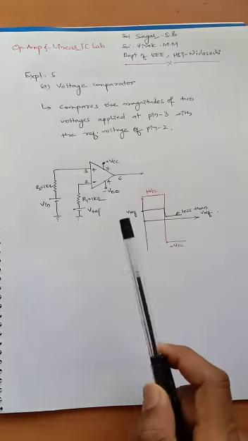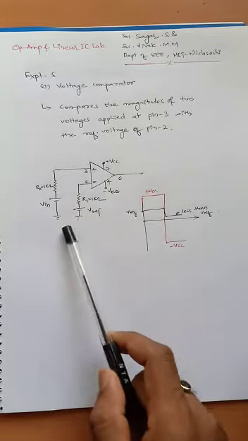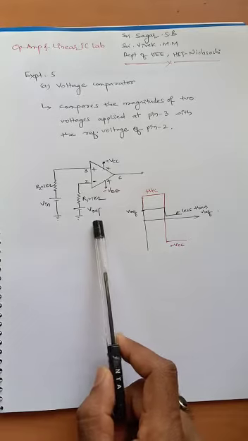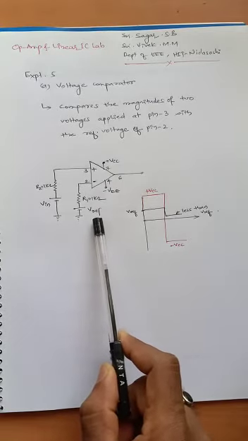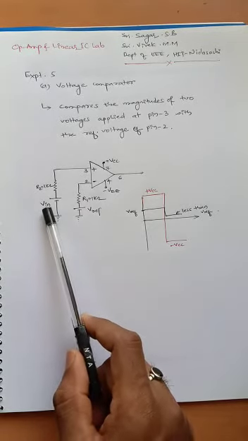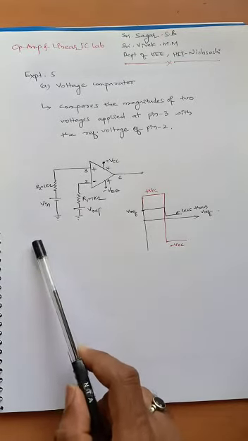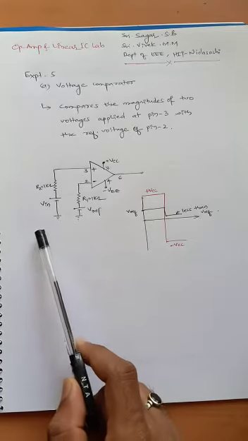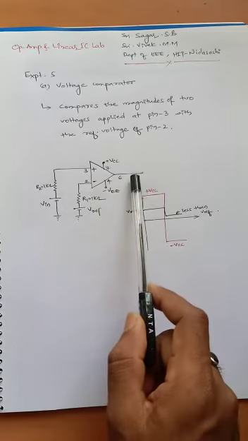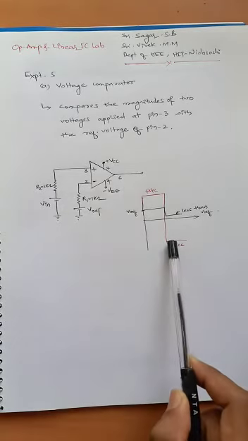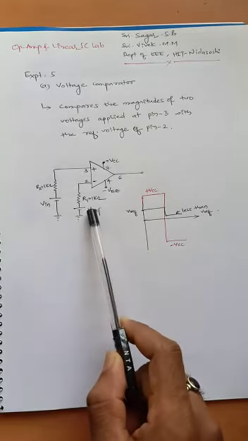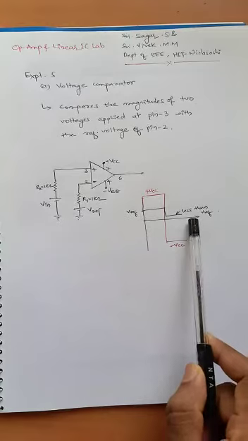Now looking at its operation, say for example I have set the reference voltage as 4 volt or say 5 volt. So it is fixed, and at the input side, at the start I will keep the voltage at say 1 or 2 volt. As the input is less than V reference, the output of the circuit will be minus VCC. If you increase the input voltage beyond the reference value, then the output is plus VCC.